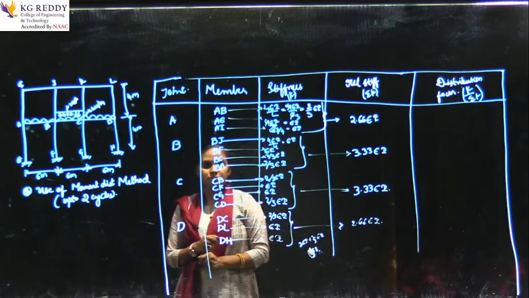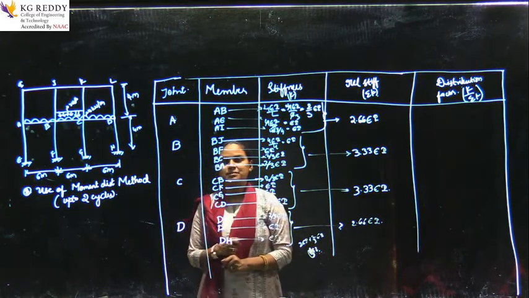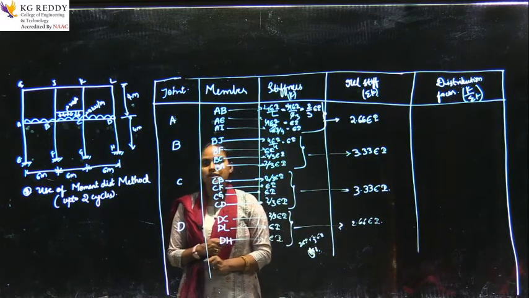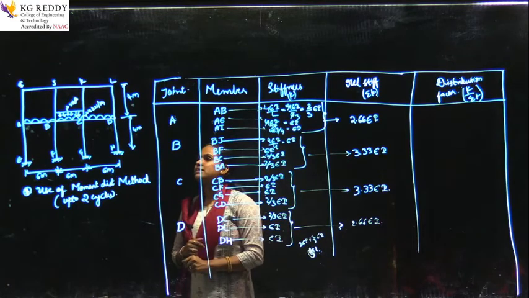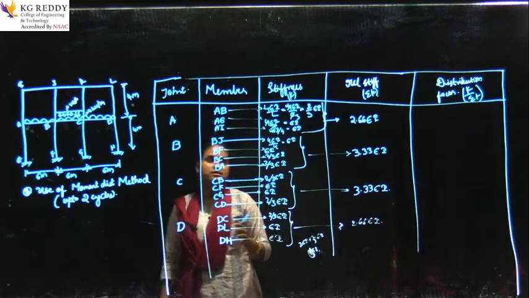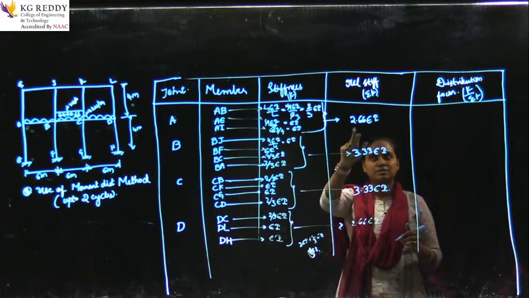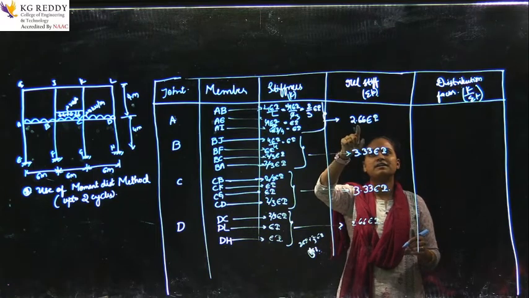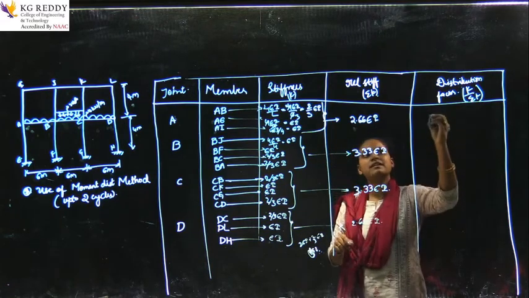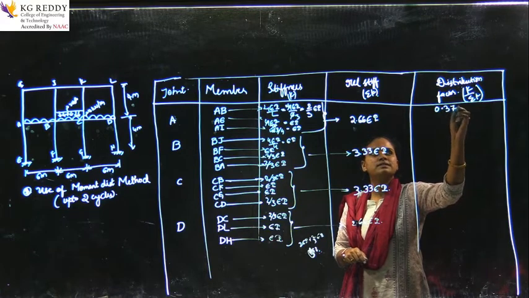Remember the distribution factor you will be taking up to 3 decimals after the point. Okay. So for accurate results you need to take 3 decimals after the point. So you will get these values. Next, K by summation of K. So you already have summation of K and K value is 2 by 3 EI. 2 by 3 EI divided by 2.66 EI. Yes, calculate. So the value of that will be 0.376.